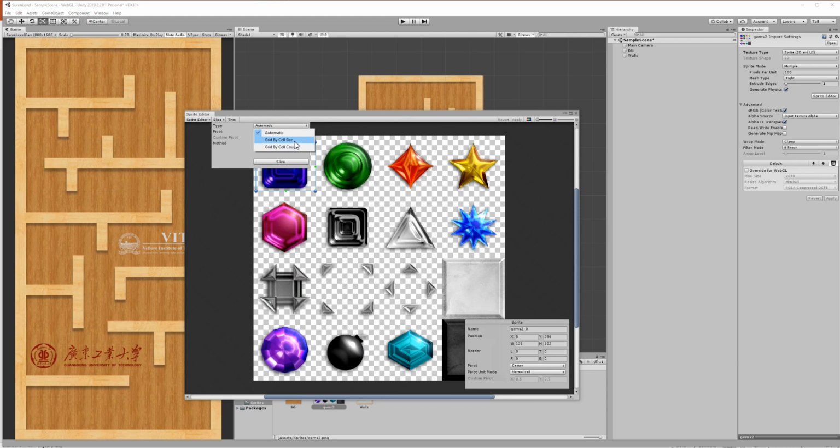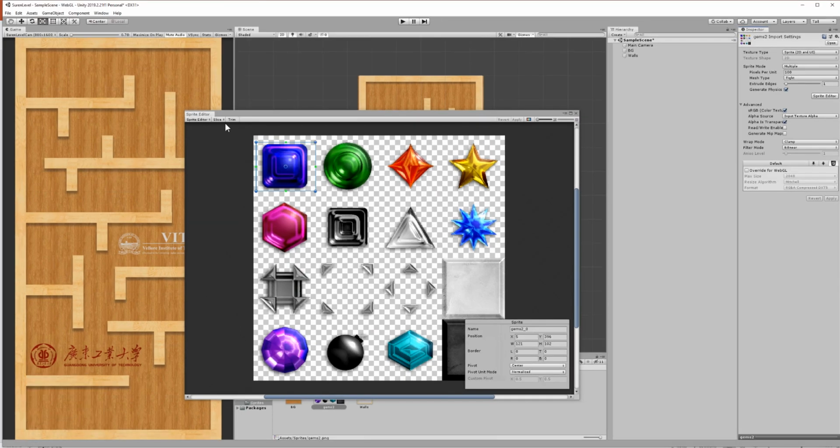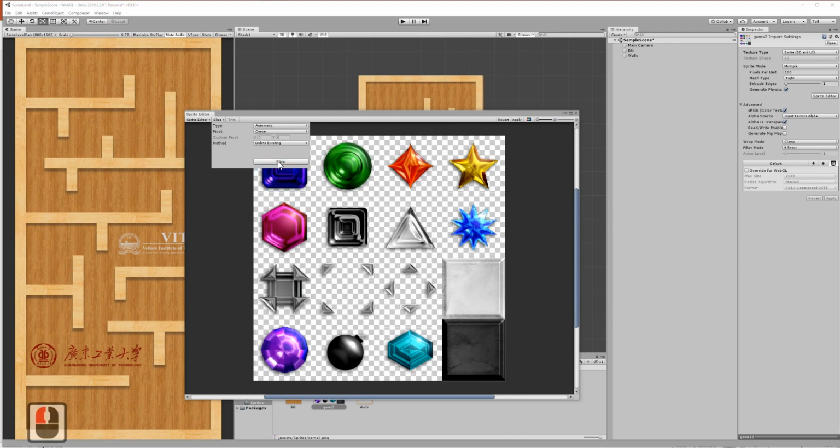For example, if you create the sprite sheet by yourself and you know the size, you can go by that, or if you know the size and the count, you can go by that. But most of the time automatic is more than enough. So go to automatic, select, click on slice. That's it. It's done. If you don't trust me, press Control on your keyboard and you can see all things